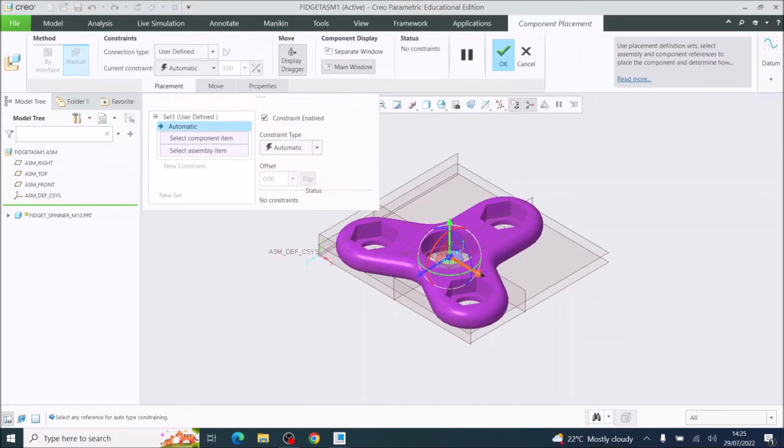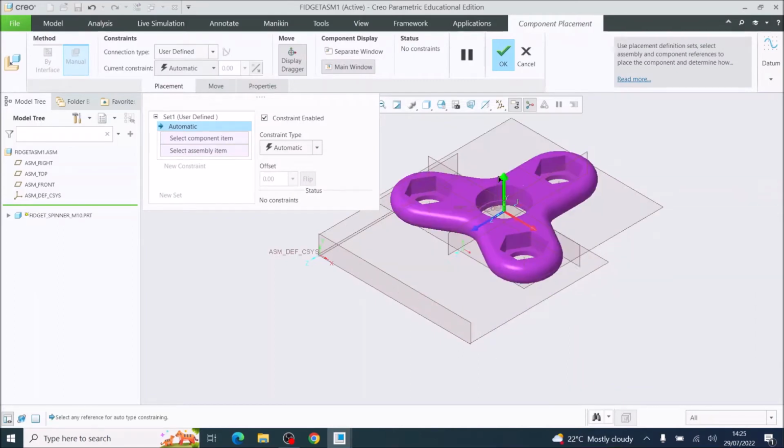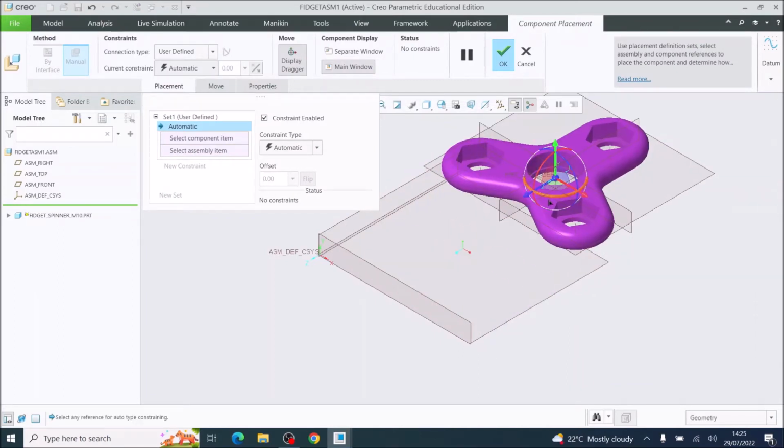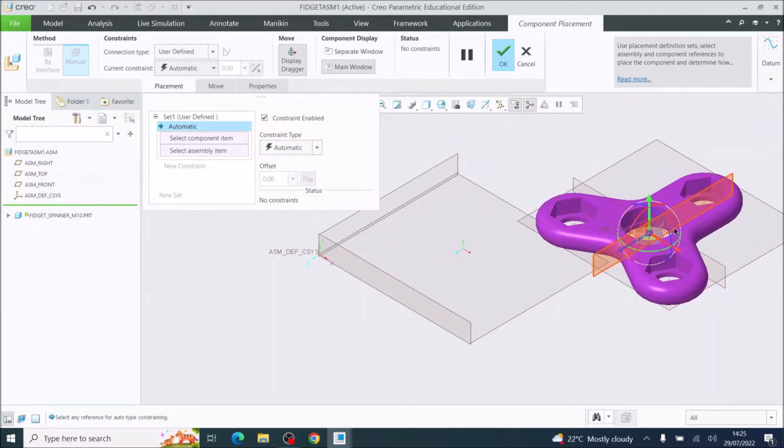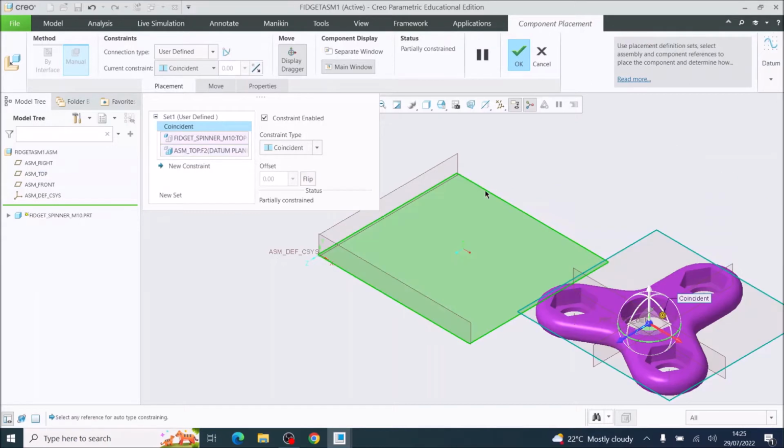So there is my fidget spinner, and these arrows allow you to move it around the environment. But what I'm going to do, it comes in with the modeling planes with it. So if you left click on the modeling plane, it will create a chain which you can then link to the plane within the modeler in the assembly. That lowers it down to meet that plane. I'm going to come across to the middle plane, or the datum plane here,